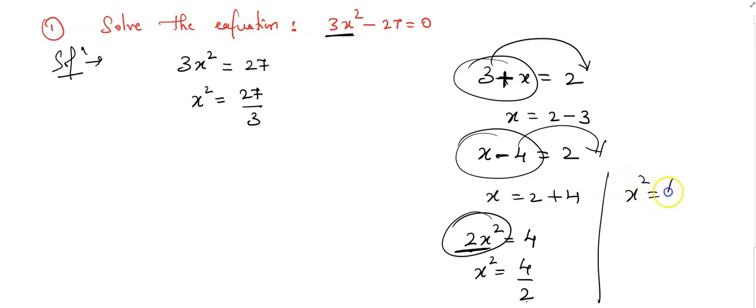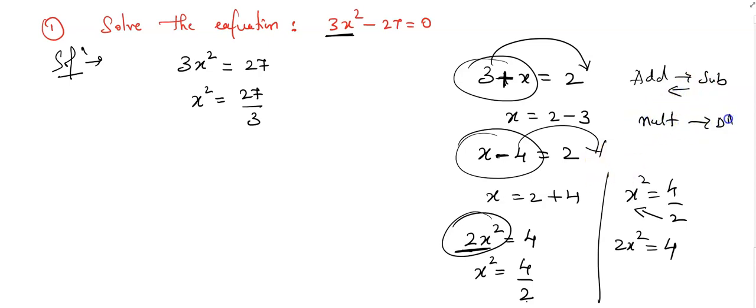Now same way x square by 4, right? If it is division, if we have to cross multiply, it becomes 2x square is equals to 4. It becomes multiplication. So addition will become subtraction, or subtraction will become addition. Similarly, multiplication will become division, or division will become multiplication. See, it will cross multiply. And here we can see it is dividing. If it is shifting, it is becoming division. If it is division, it is becoming multiplication. So you should be very much careful.